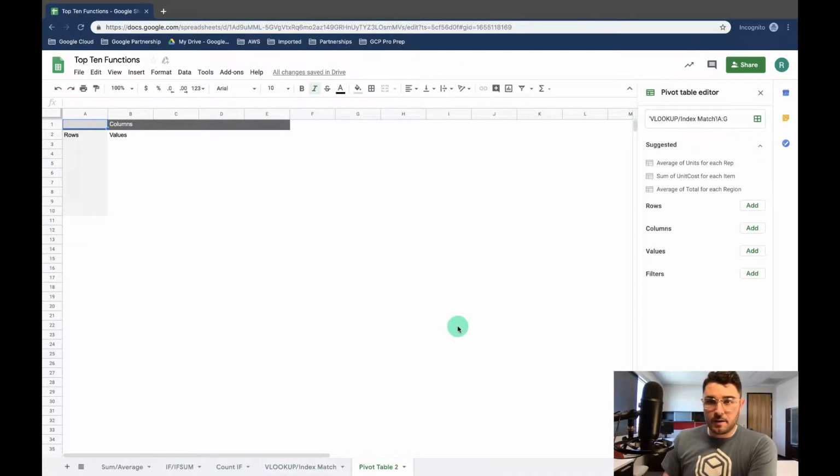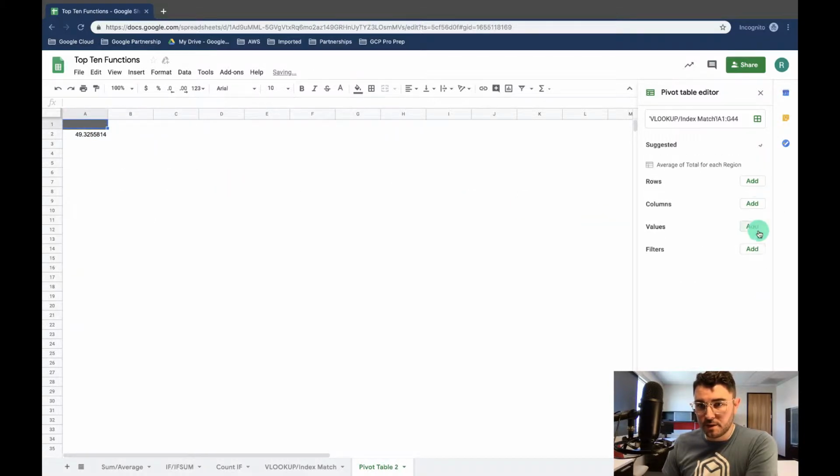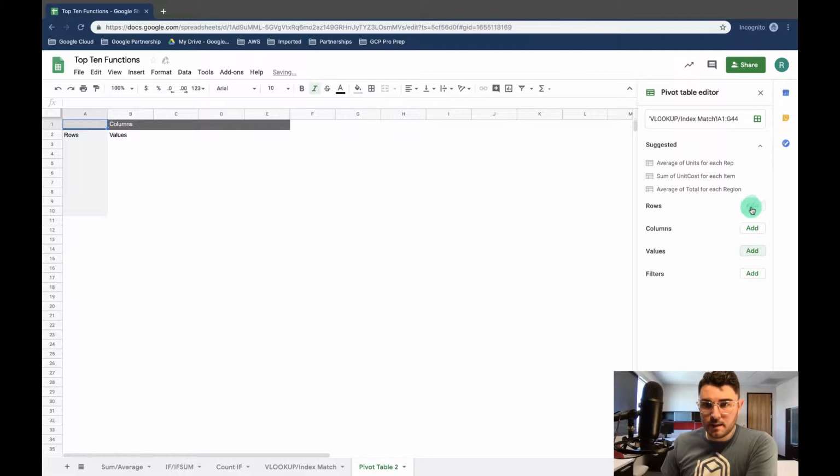And now we can add our values, rows and columns, and filters. Or we can also use the suggested, which I find really useful. Let's just do a suggested average really quickly. And look at that. Average of units is what it's given us. But let's say we want to build our own. I want to say my values